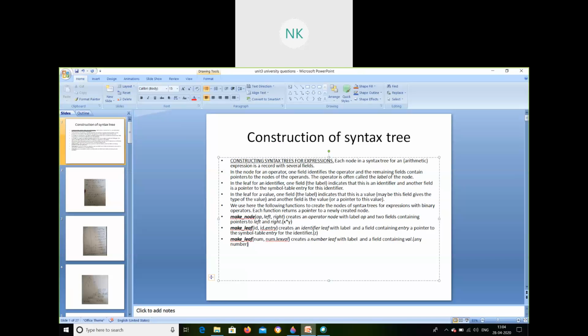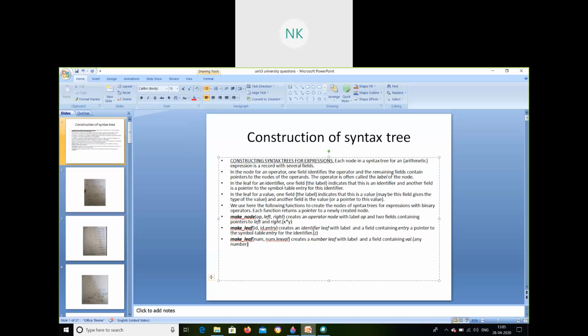Before we could construct a syntax tree, we need certain algorithms or techniques to construct it, right? So, what is a syntax tree? Which phase does it belong to? The syntax tree is the second phase of a compiler.